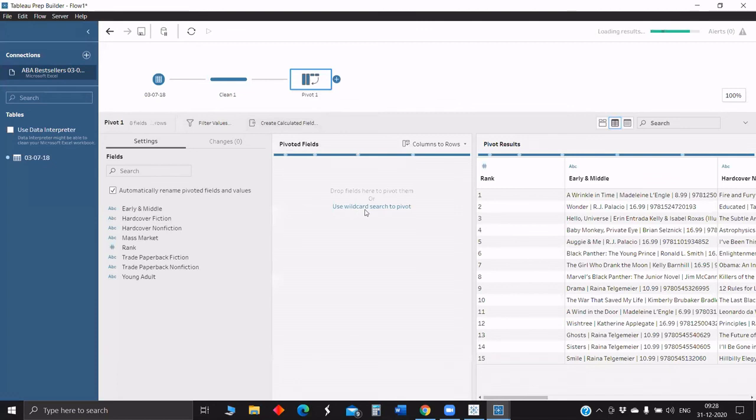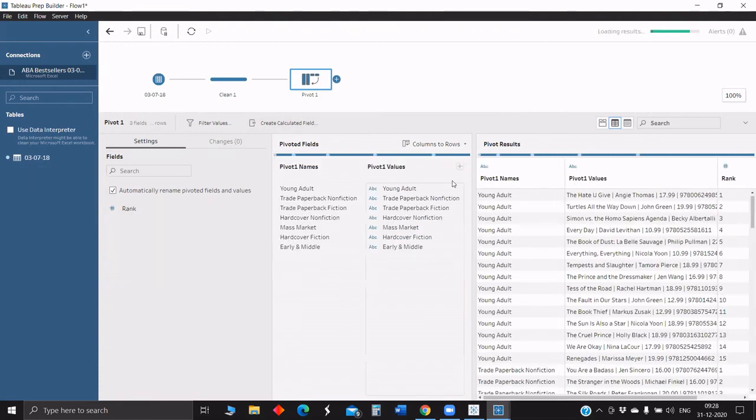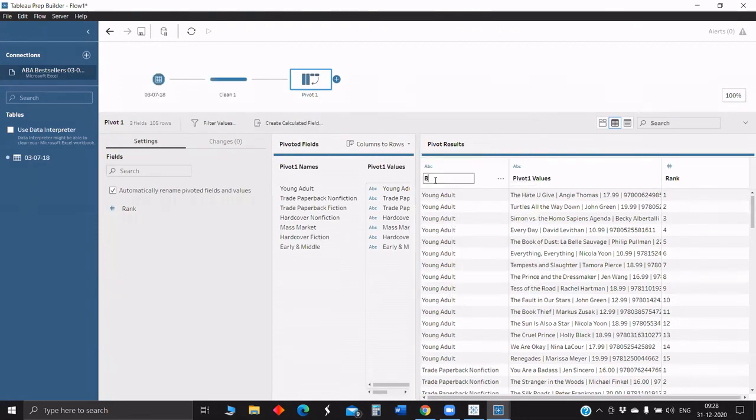Then what you would like to pivot: I don't want to pivot the rank, except that I would like to pivot all of them. So I'll select all, with Control for whichever ones you would like to select. You can just add this, and now you will have pivot one names, and you can rename this.